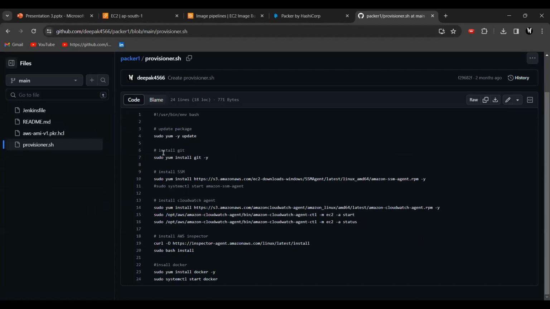Here, if you see, these are the softwares that need to be installed. The first thing is that it's updating the packages and installing git. Git is a fundamental part. It is very much needed when we are dealing with this application, so we are installing git. Again, it is installing SSM.